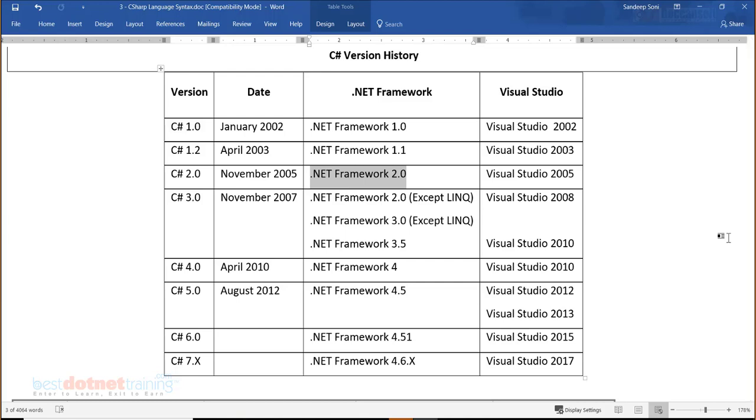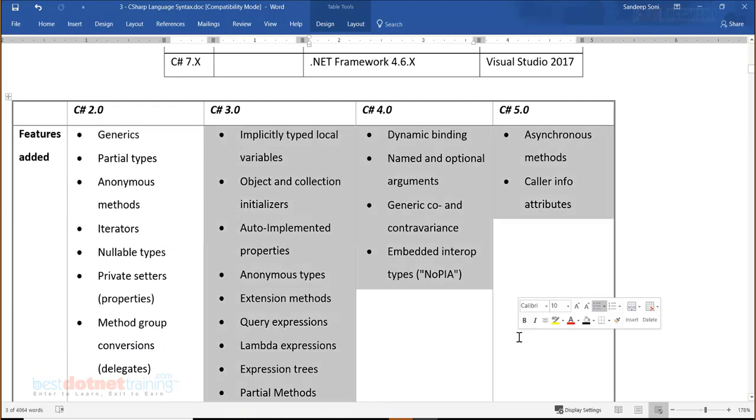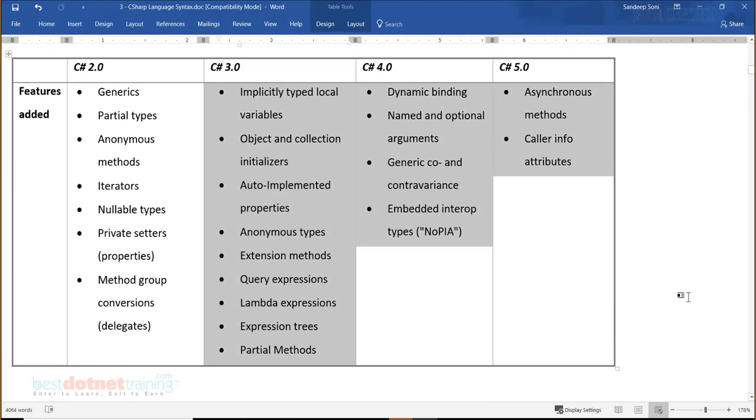Rather, very few people know it was only in the 2.0 version that the runtime of the C Sharp language was changed. That means something which changed in the runtime was only in .NET Framework 2.0. All subsequent enhancements are all at the compiler level. They did not make the change at the runtime level. That means only programming features changed. The outcome, we could have also done it in the previous version, but it was complicated. So that's something which you should know.